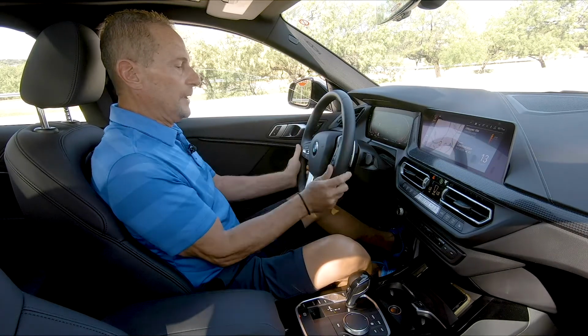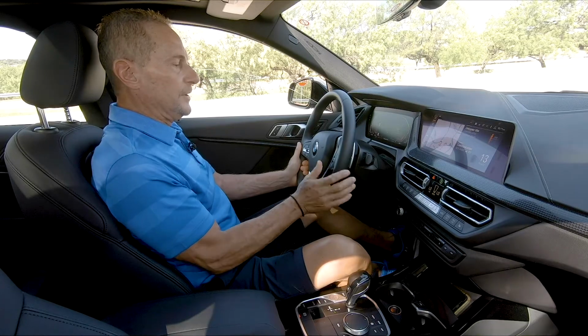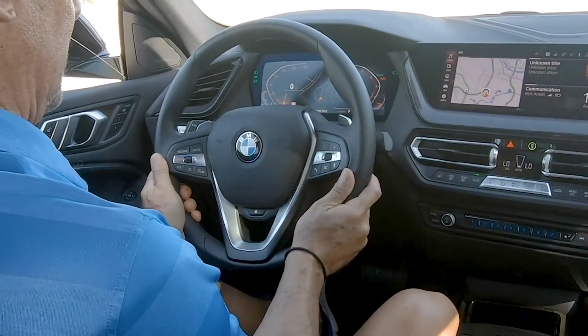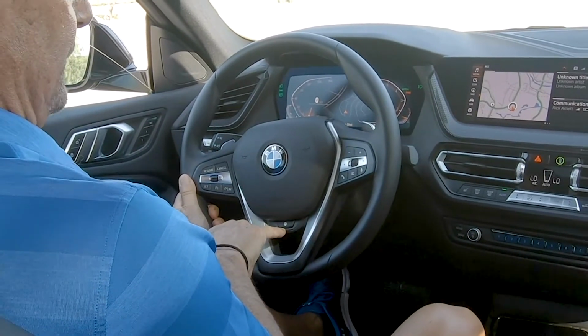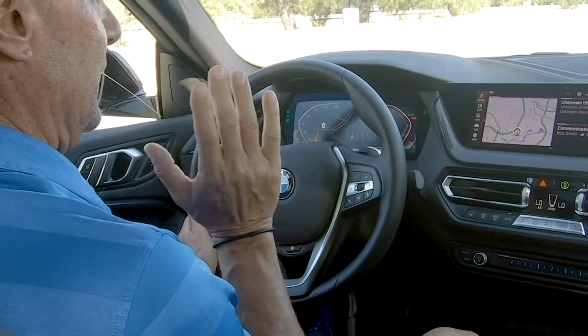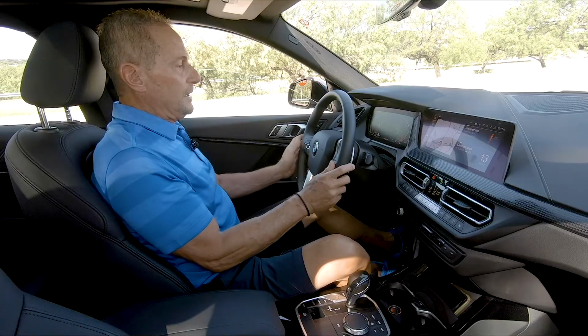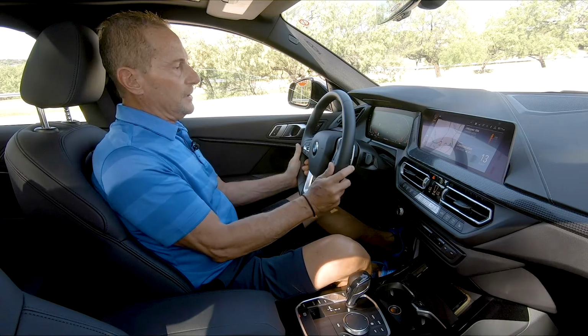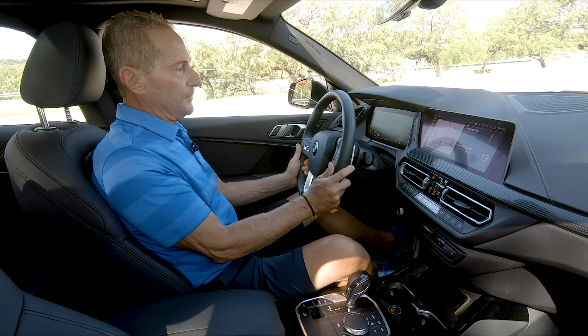The steering wheel feels very sporty. This is not the M steering wheel, but it's got a nice tactile feel to it. I like that. It's also got a heated steering wheel, so when it's cold in the winter, I'm telling you, that thing is money. The dash here, the instrumentation, is their new updated Connect dash, and it gives you a